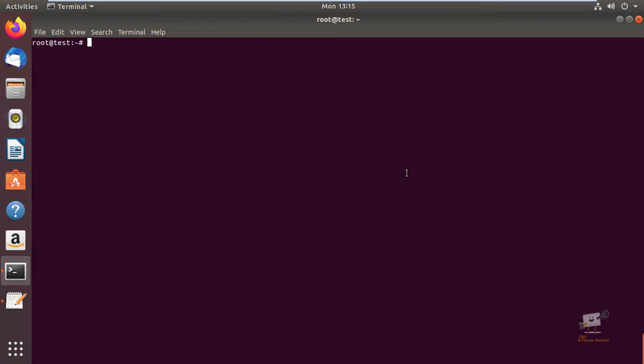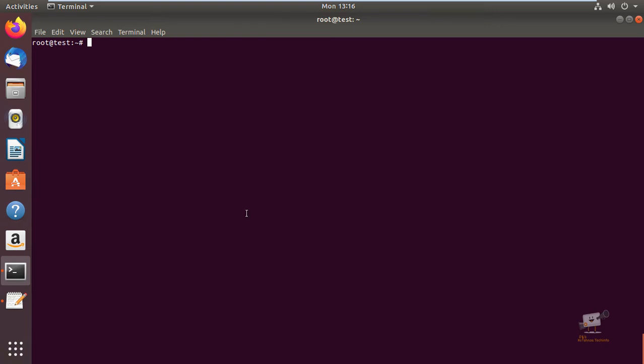If you haven't watched the LAMP stack setup on Ubuntu, I will provide the link in the description to watch that video. You can follow that link and watch it. Configure the LAMP stack first and continue watching this video to set up WordPress. So now we can see the installation and configuration. I've already set up LAMP on this Ubuntu machine, so I will continue installing WordPress and configuring it.